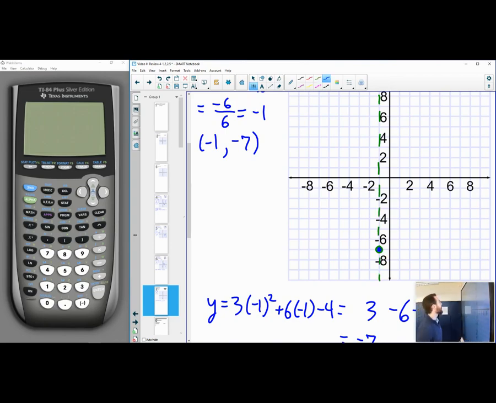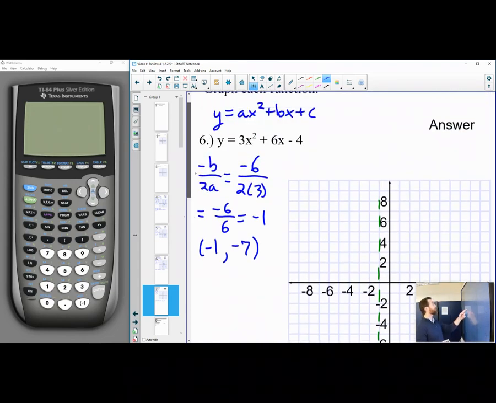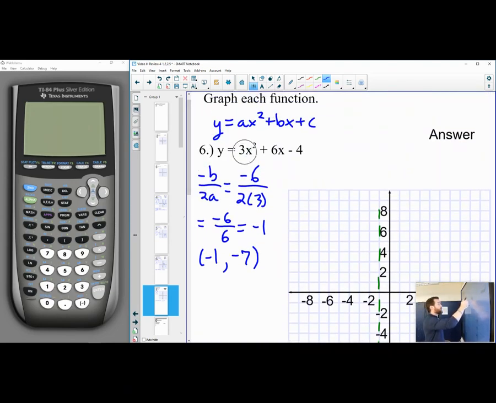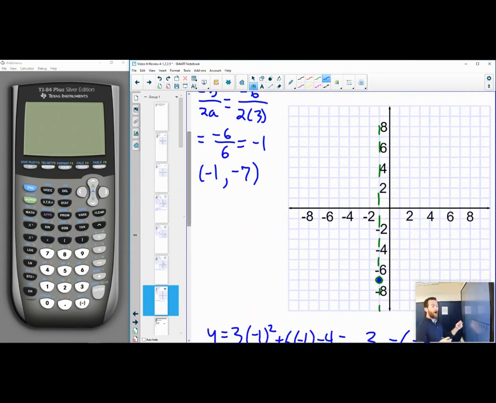Okay. And now we do our a value, just like always, to get our second and third point. What was the a value? The a value was 3. So we go right 1 and then up 3, since it's a positive 3. Start at the vertex. Right 1, up 1, 2, 3. And the same on the other side. We could start from the vertex and go left and then up 3, but just use the axis of symmetry. Fold it over: one step away on one side, so one step away on the other side, and you've doubled